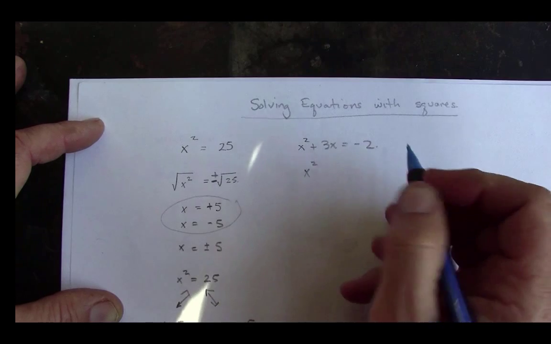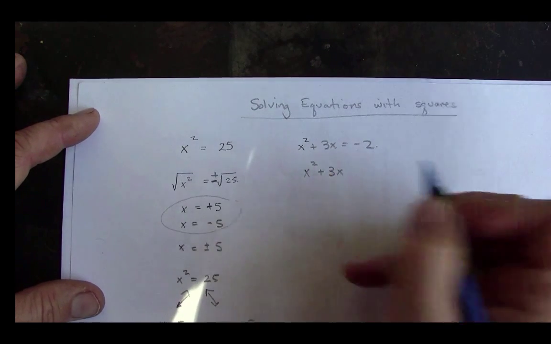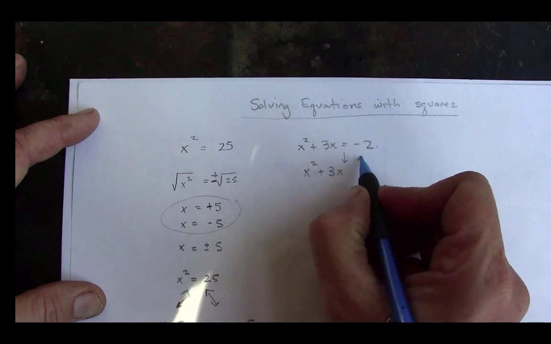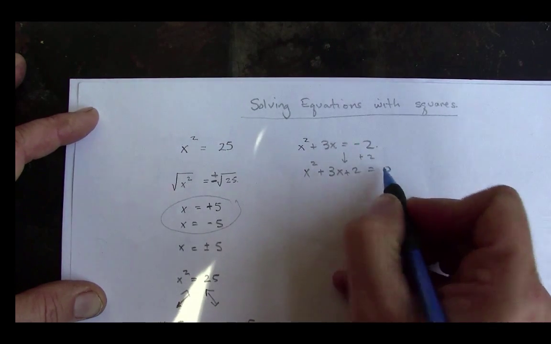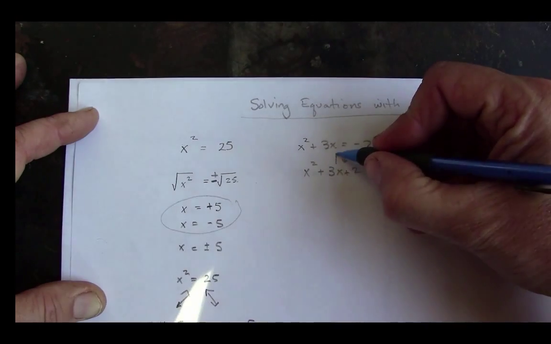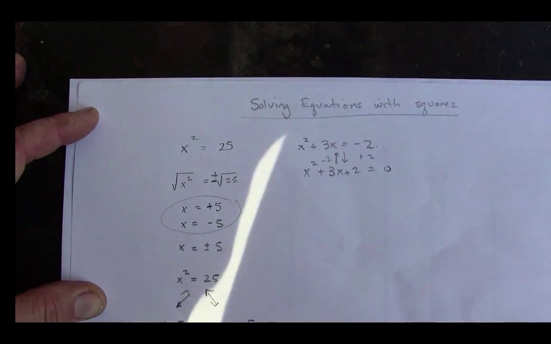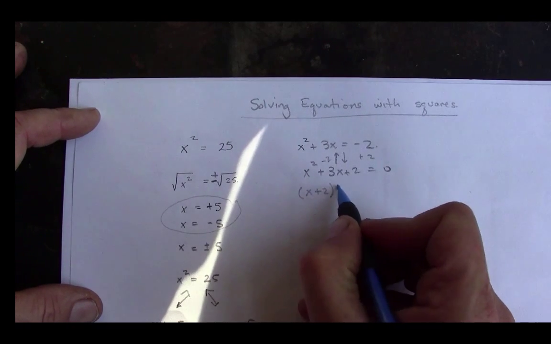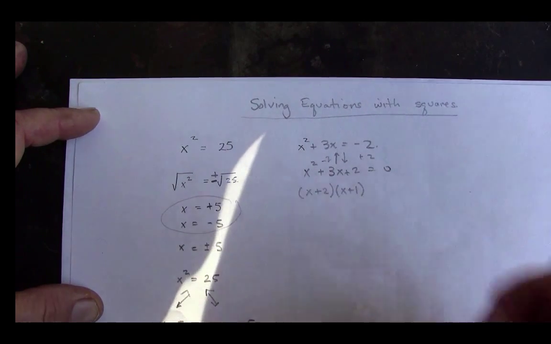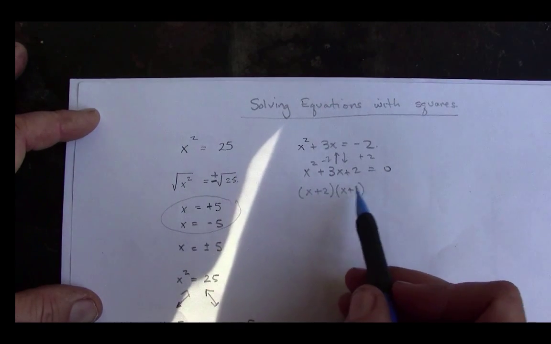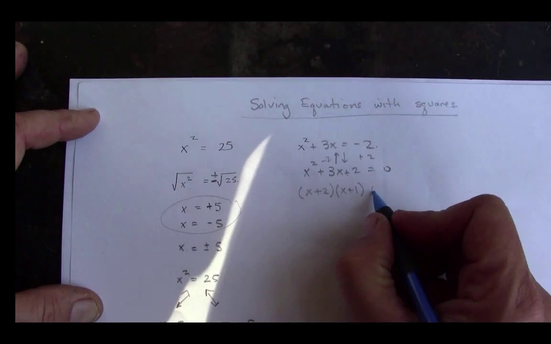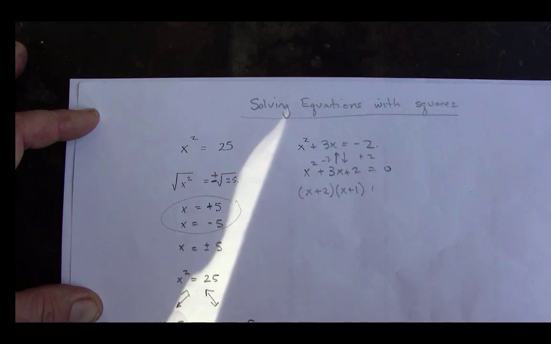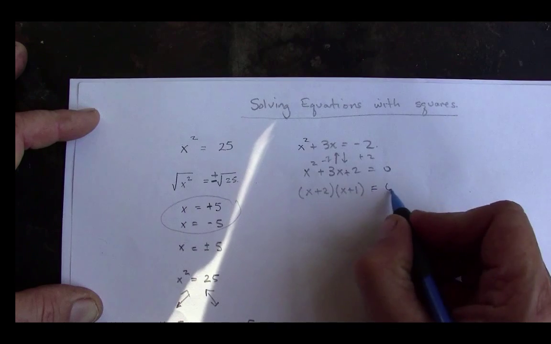Here's another example quickly. Here, instead of just taking the square root, we're going to use the principle of zeros. So I'm going to add 2 to both sides to get a 0 on one side of my equation, which is totally reversible because if I want to go back, I can just subtract 2 from both sides. Now here I'm just going to rewrite this, x plus 2, x plus 1. That's factoring it, which is just really kind of saying that if we distribute this bracket over that bracket, we'll get this thing back. So nothing's really going on here except I'm using an identity to rewrite this side of